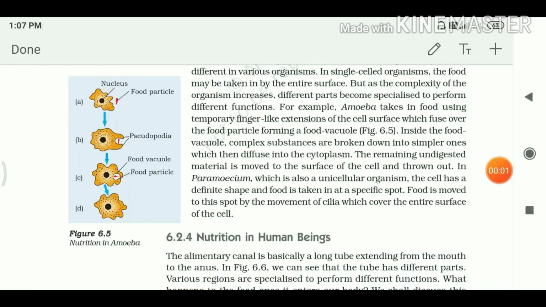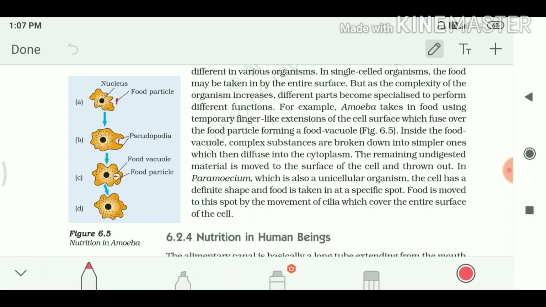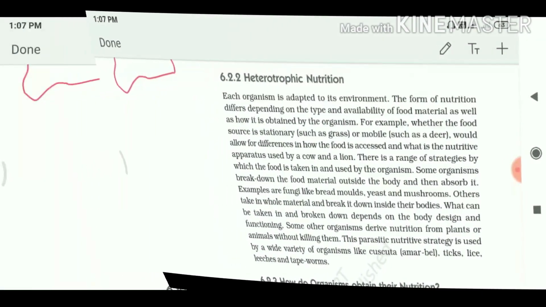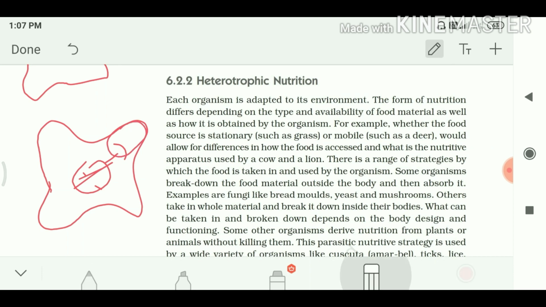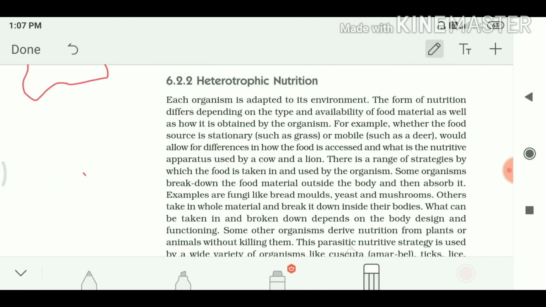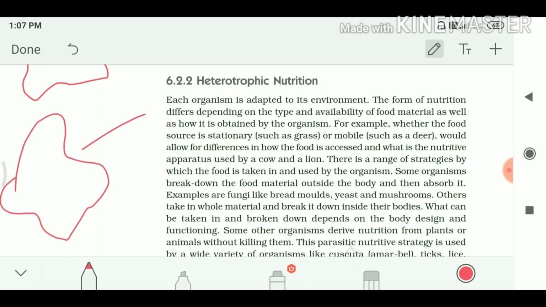The fifth step is excretion. What is excretion? Removal of waste material from its body, right? That is excretion. So here you can see that, suppose, okay, it is amoeba. Now the waste material is also stored in one vacuole. Now this vacuole moves to the membrane of the amoeba and fuses with this membrane. Now the membrane will rupture and the waste particle is released out from the amoeba body. The waste material will be released out. This step is known as excretion.